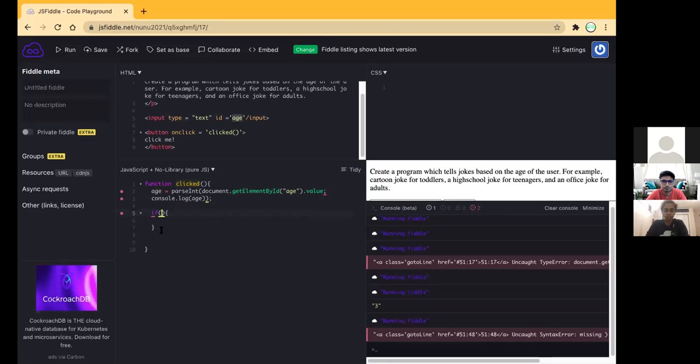So in our conditional, we're going to ask if age is less than, what are toddlers from? Less than 6. We're going to say, how about, let's just say less than 11. Then we are going to console.log kid,